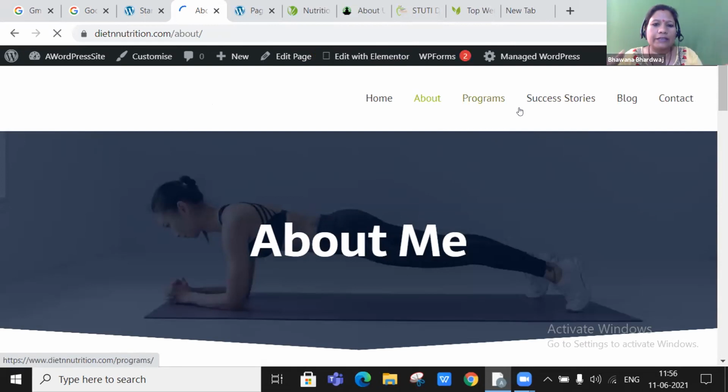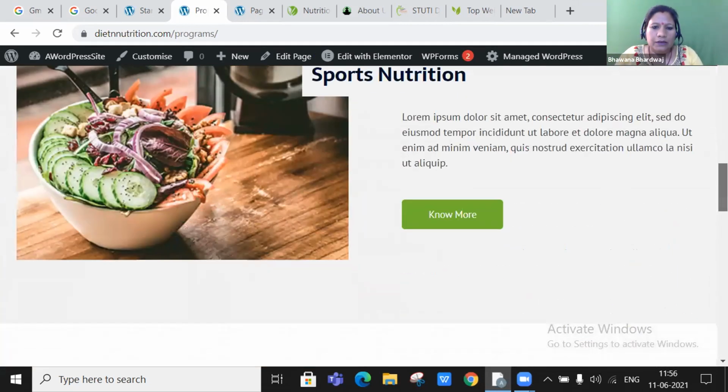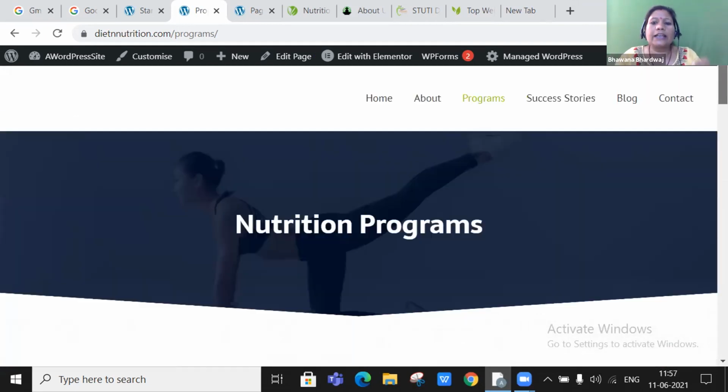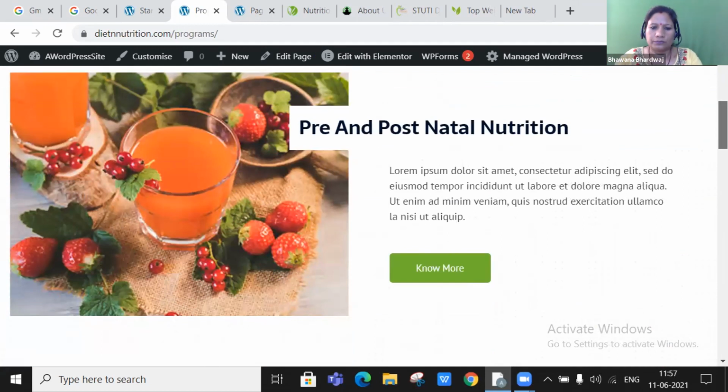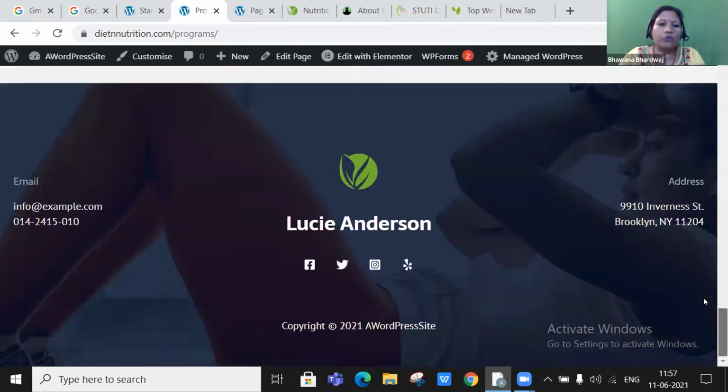Home page is not aligned with your domain name. Whatever pages we are creating, home, about us, contact us, program, blog, we have to decide which page we want to show as a home page. It's totally up to you. You have installed your plugin and template perfectly fine. The only thing is that there is no page assigned or linked with your home. No worries, we will fix that.